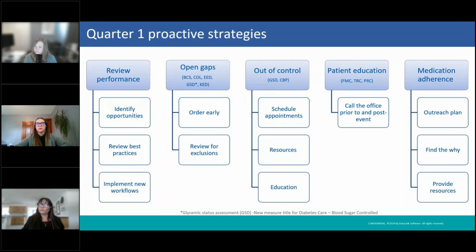We're also going to talk a little bit about med adherence here, as a bonus. This is probably the one area that most groups struggle with because these are really hard measures to do well on and they are triple weighted. So, think about what reporting do you have available? Think about having an outreach plan. What resources is the payer providing for you? And maybe try to find out why the patient was not compliant.